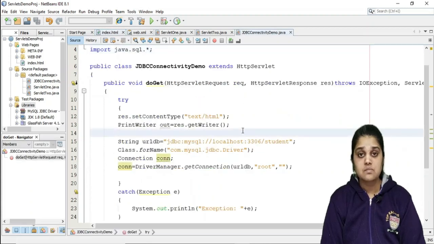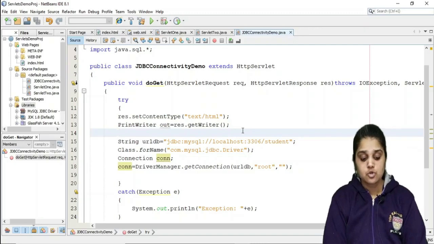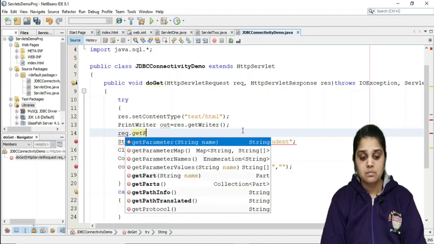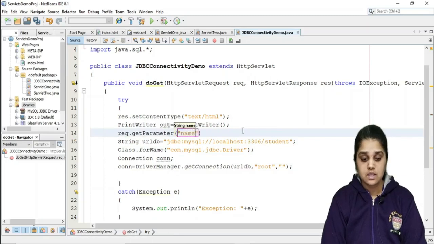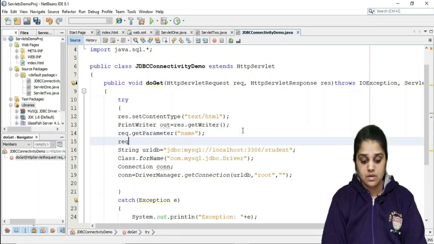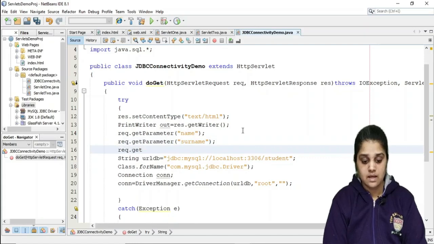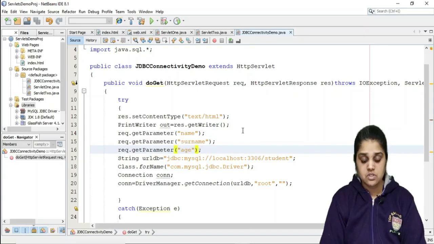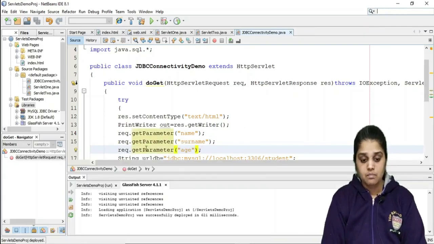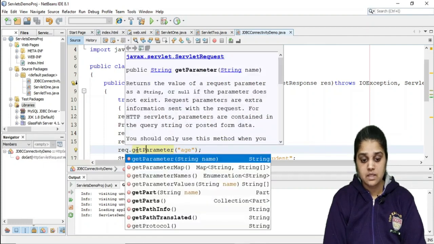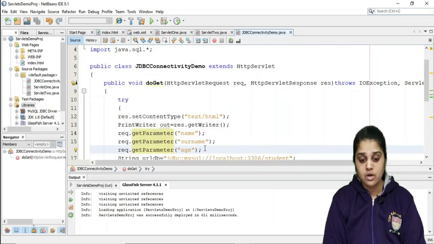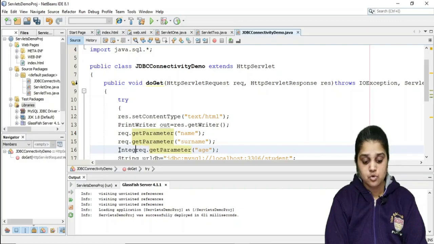So this is a place where I am supposed to get all these parameters. I can use request.getParameter and take name, request.getParameter and take surname, and request.getParameter and take age. Age is an integer, but this getParameter method is returning a string, and what we want is an integer, so we are supposed to parse it.